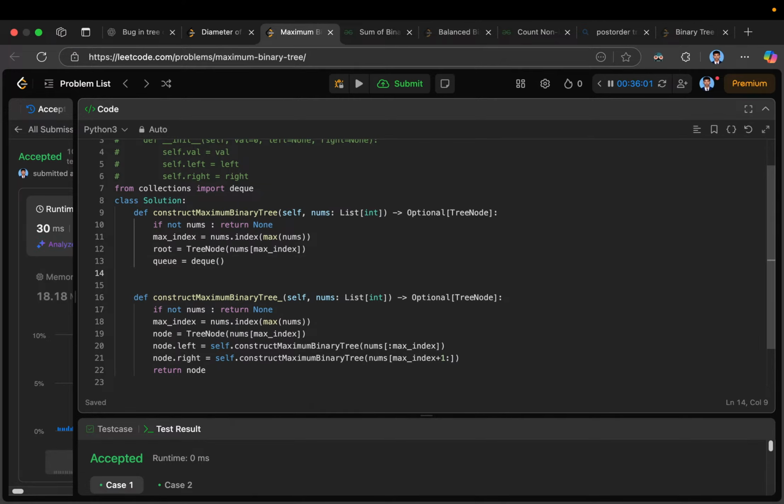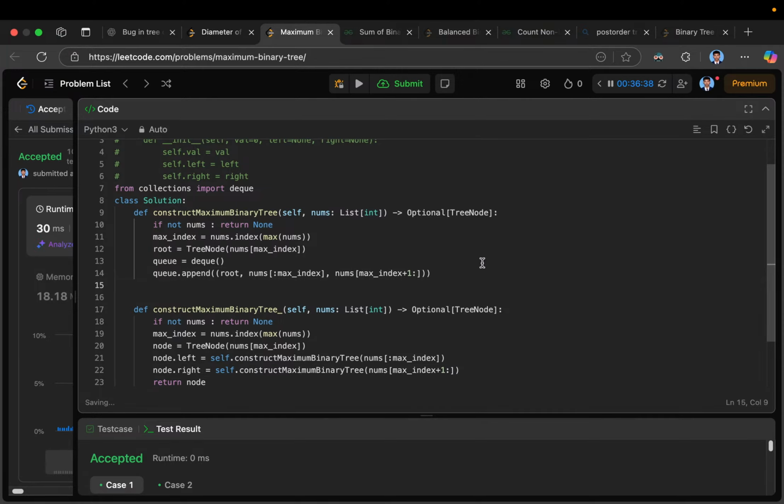DQ, and in DQ we have to append our root, and then nums with max underscore index, sorry, and nums max underscore index plus one. In this way we know left and right, and now we will run our loop